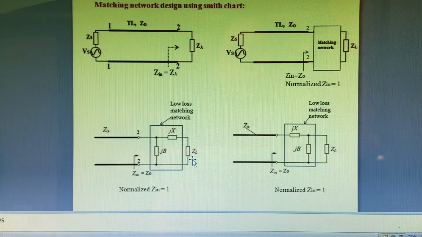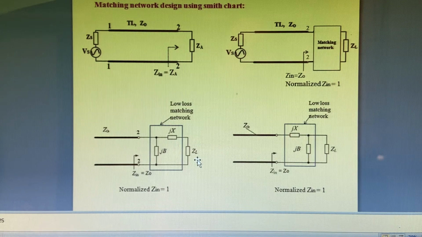So in impedance matching, we need to add some reactive elements like this. Reactive elements means inductor and capacitor. Any of this combination we have to add next to the load impedance ZL. By adding like this, looking into the terminal like this, input impedance must be equal to Z0. So here the number of elements, maybe one single element may be added next to the ZL, or three elements may also be needed in some cases to bring the impedance between these two terminals equal to Z0. That depends upon the value of ZL.